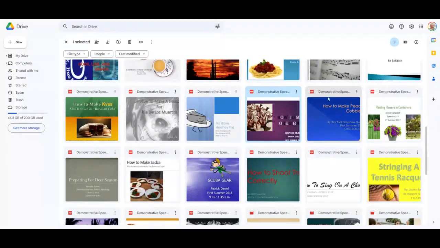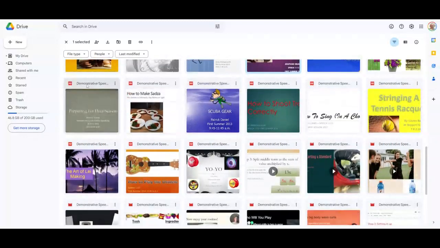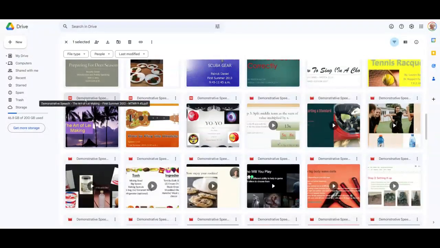And from that, we move on to peach cobbler, planting flowers in containers, preparing for deer season, Sadza, showed that to you, scuba gear, shooting trap correctly, singing in a choir, stringing a tennis racket, lei making, ukulele, yo-yo, factor polynomials by grouping, somebody really into mathematics, how to drive a standard.